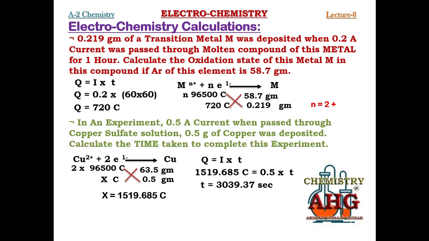The time that you will come to know is in seconds. Sometimes in your exams it might be asked to express this time in minutes. So you can divide this time by 60, so it will be converted into minutes and the remaining seconds. So the answer would be 50 minutes and